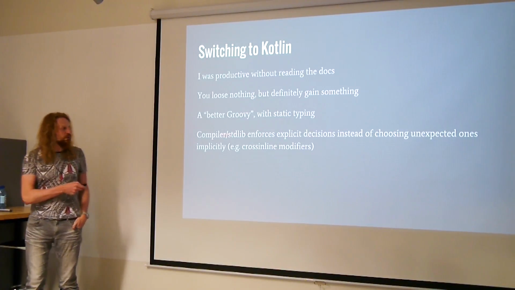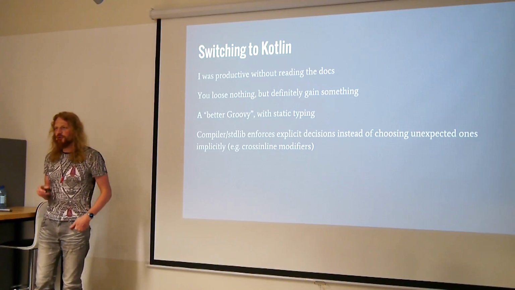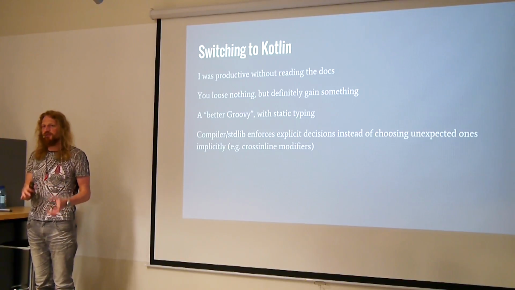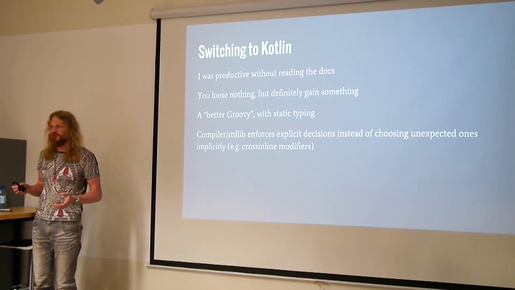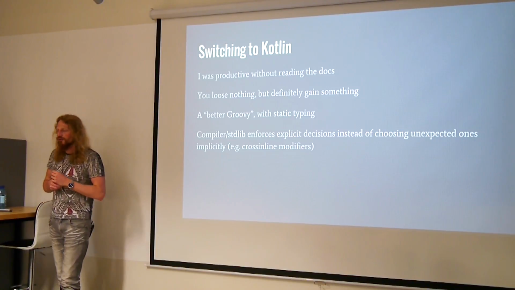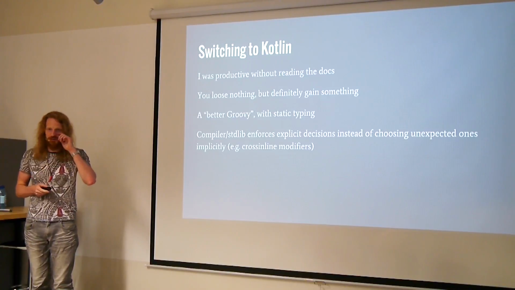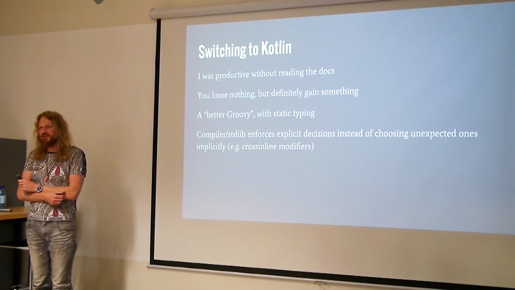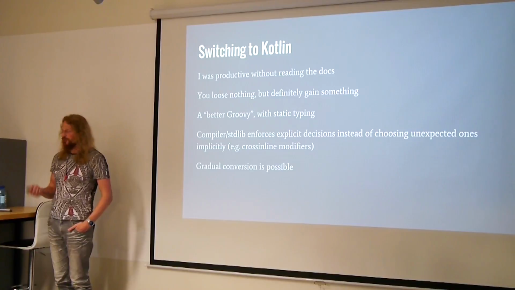And the good design decisions also are that the compiler enforces you to decide: if there is some ambiguity, the compiler will force you to take the decision in most cases. So it will not behave unexpectedly. Actually, besides the return stuff that I showed you, it's not too easy to make up puzzlers for Kotlin. Besides some bugs, I have also found some more compiler bugs that I already submitted to JetBrains. So it's possible to go gradually.